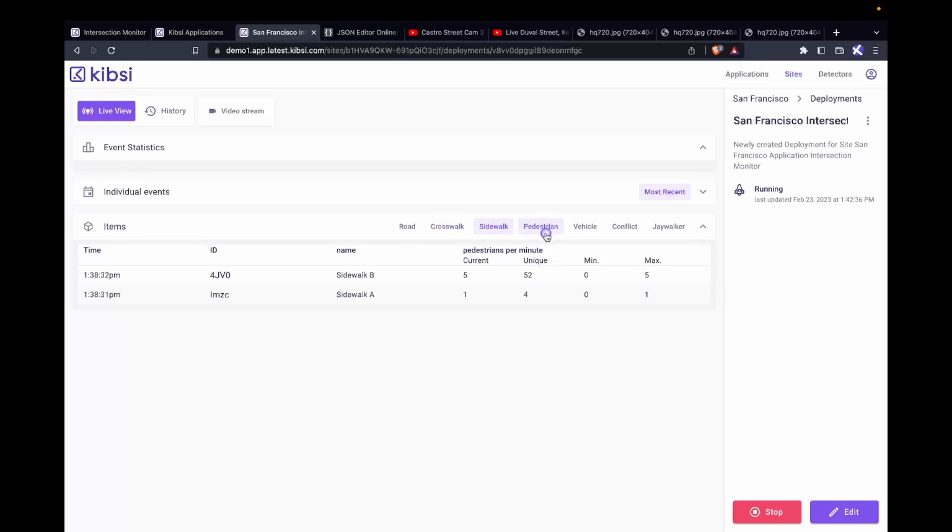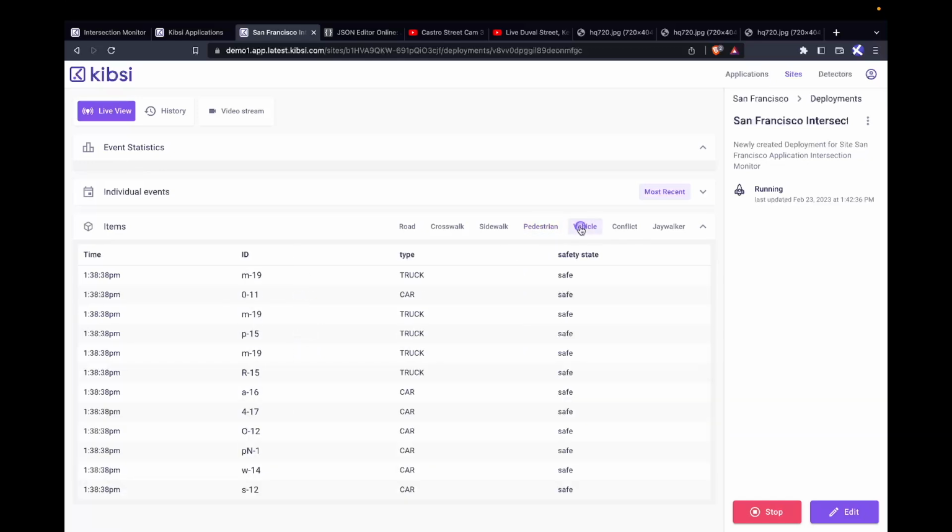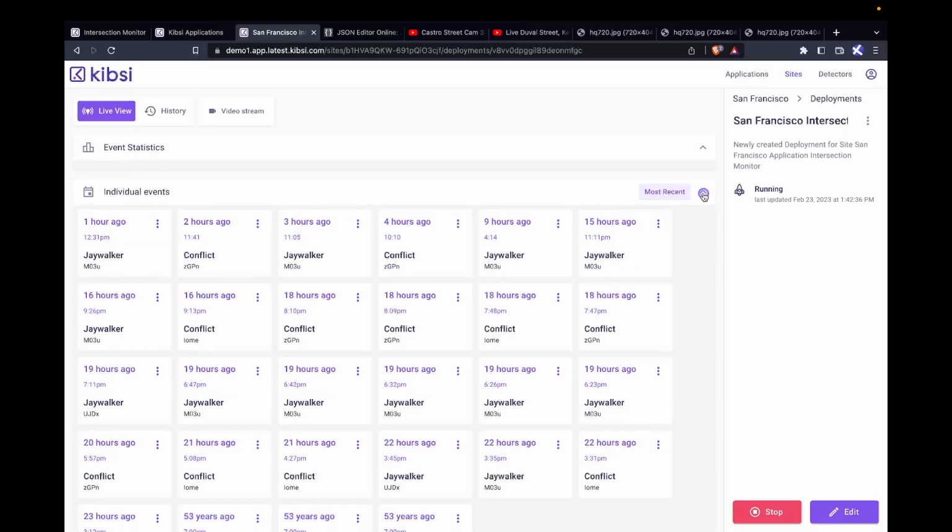On the pedestrian tab, you'll see every pedestrian detected and their safety state from our state machine attribute. And on the vehicles tab, you'll see every vehicle detected, what kind of vehicle it is, and its safety state as well. And then in the individual events panel up top, you can click on individual conflict and jaywalker events,